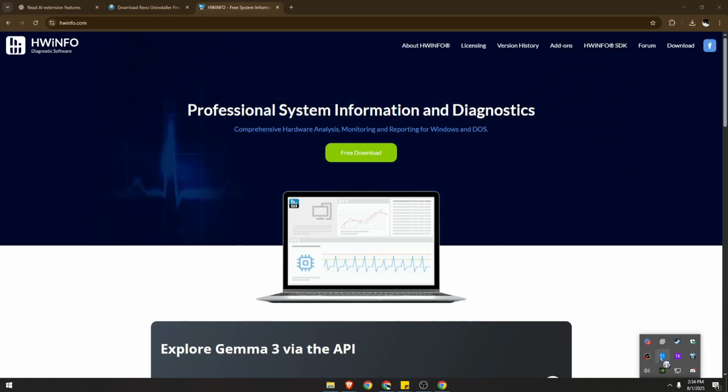So it will actually provide you with real-time reports on the temperatures of your components. And it can do this as long as your computer is on, though, like